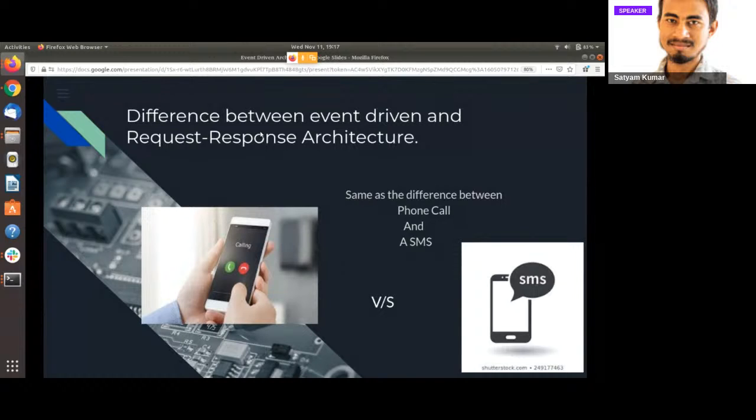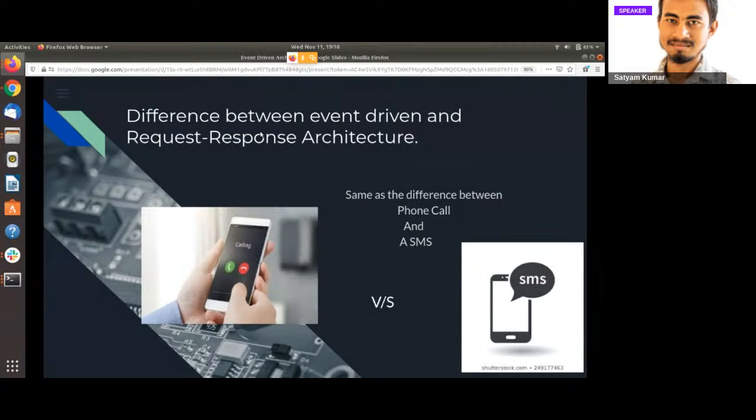They do not interact directly. Instead, they use some sort of message broker or message queuing system to interact with each other. But that is not the case with a normal request-response architecture. They might be internally using some sort of event-driven system, but generally not. In a request-response system it is possible that services interact directly with each other, but in an event-driven system it is not the case.